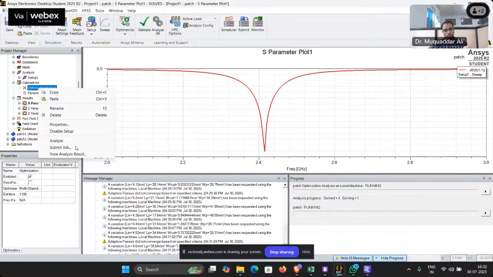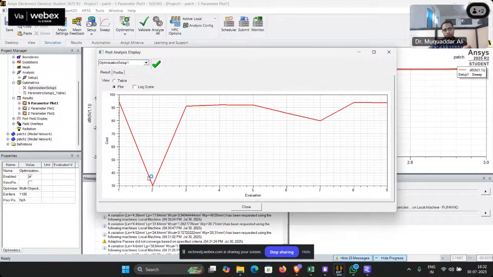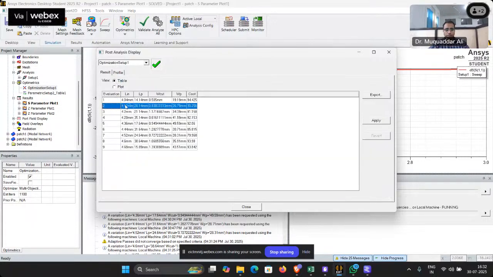Right click here and check the view results. So now we see that this second variation was the best result so far. And if we click here, right, select this variation, and after selecting this variation, if we click apply,